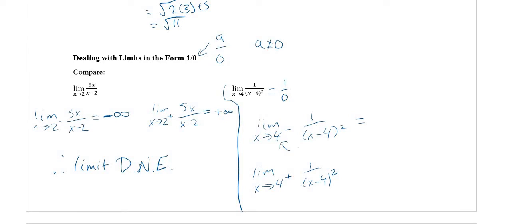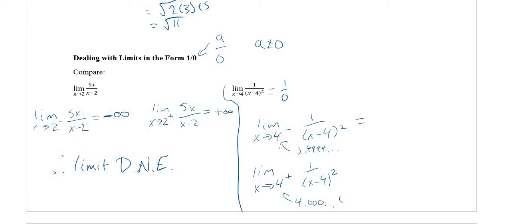So we could pick something like 3.9999 and put a whole bunch of 9s in there. Then we could do 4.0001. I'm just going to punch them into the calculator. And for the left-handed limit, if you punch in 3.999999, however many nines you like, the more the better, you should get a very